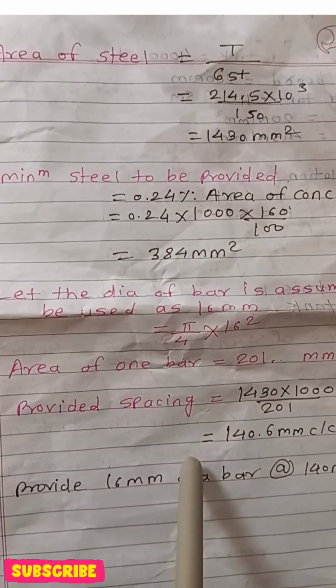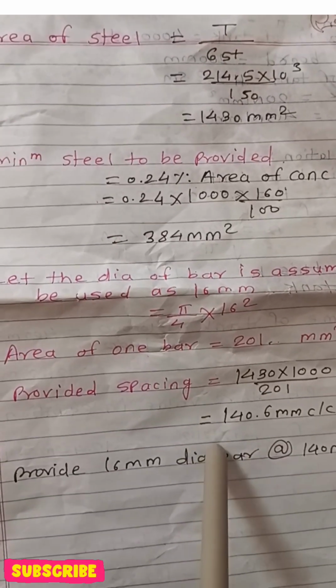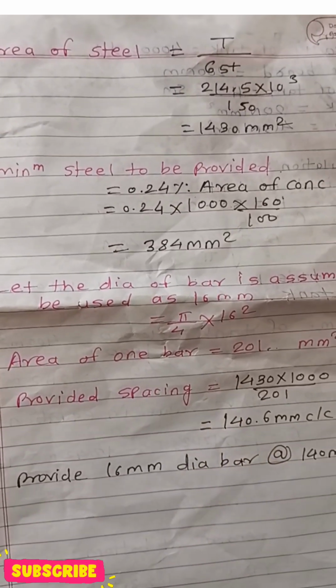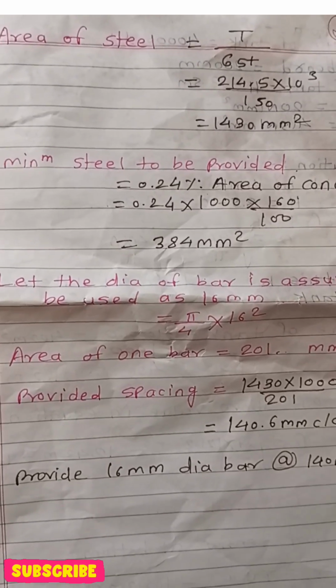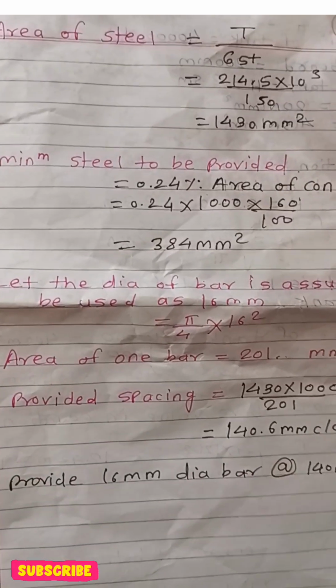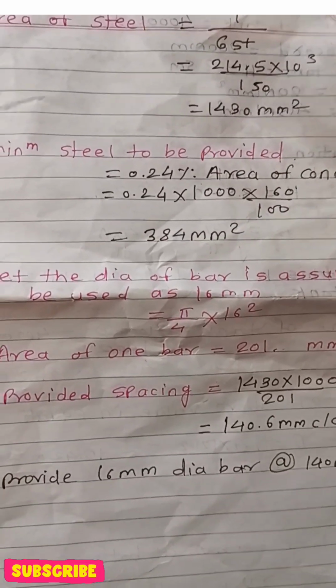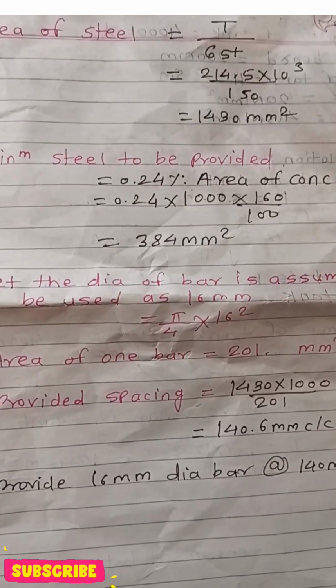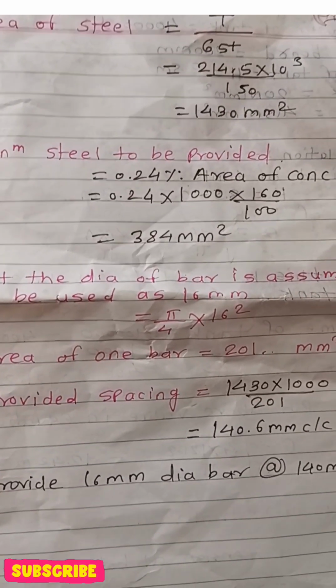Today we have only calculated the area of steel. Again we need to check it for the tensile stresses. So I'll create one separate video to calculate tensile stress in the case of a water tank, because it will be a lengthier video if I create it today itself. So I think it's better to discuss this separately. It will be helpful for you as well. I'll give the link of this video in that video.